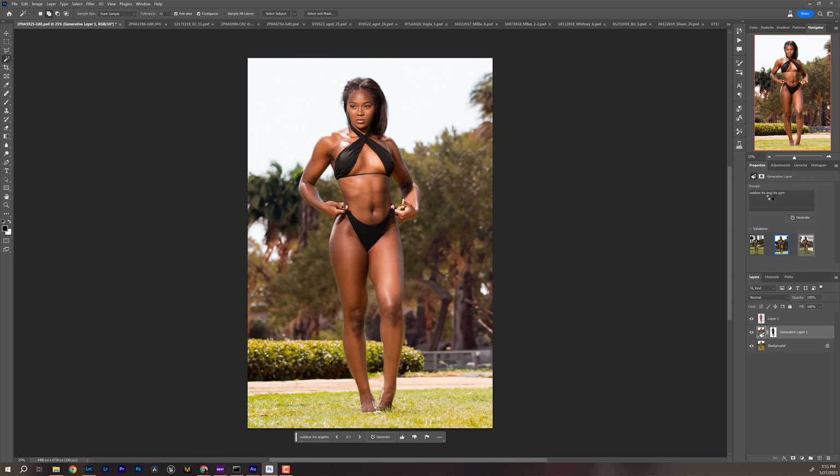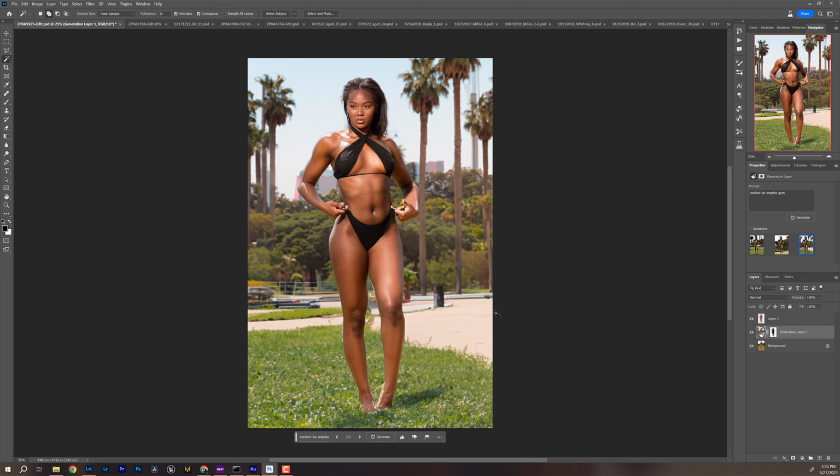So I'm just gonna take this, and it's actually really good. You see the blending down here at the feet? It's really good. Like you would think this was actually taken in LA. Now, see, you can kind of tell down here that this is kind of fake, but that middle one, this middle one is legit right here. This middle one is pretty legit.